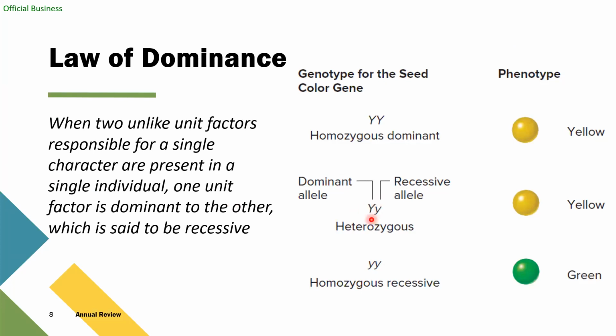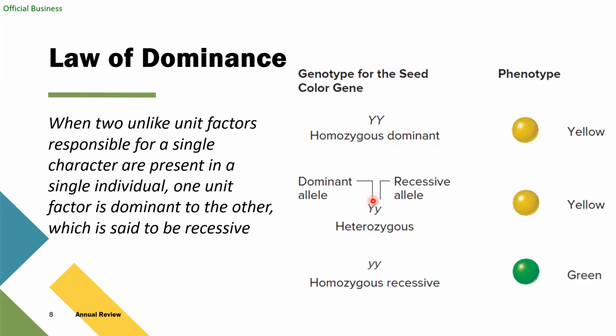So you have the dominant yellow and the recessive green allele. We usually write the recessive allele as a small letter, and the letter is designated by the starting letter of the dominant. So it's Y and not G, because the dominant is yellow, but it's a small letter y for green because it is the recessive one. So this heterozygous individual contains a dominant allele and a recessive allele in its genotype, which is its genetic makeup. So what is its phenotype?